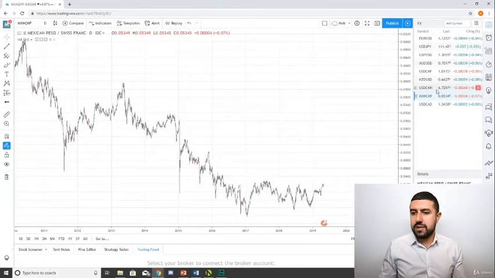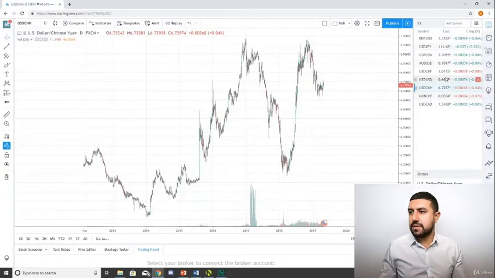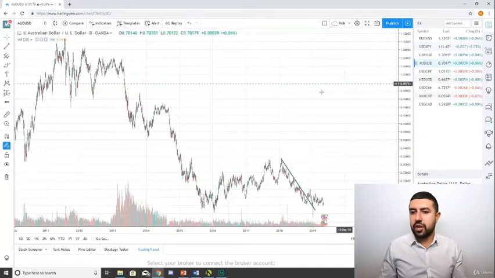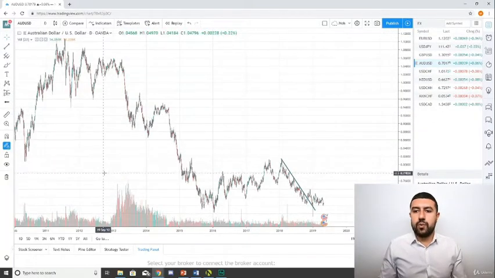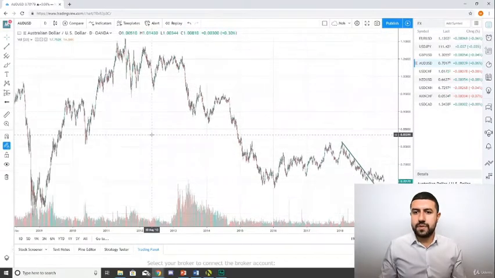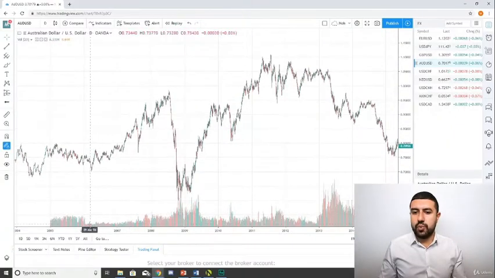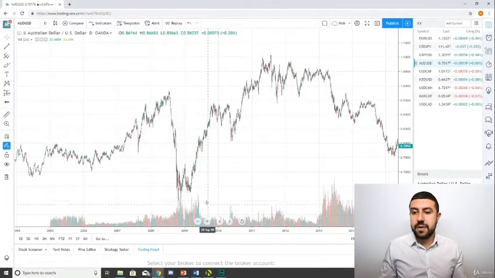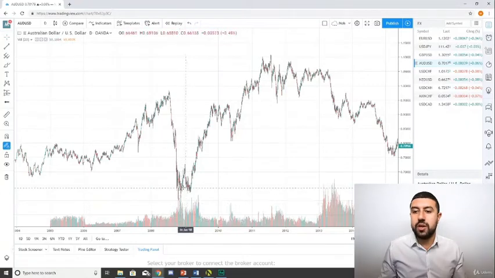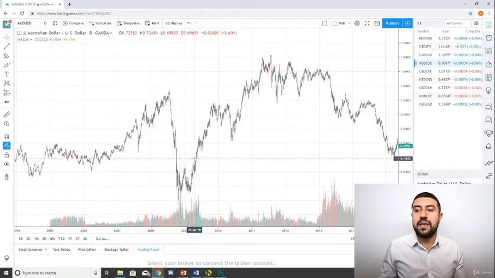So if I look here, let's say I'm looking at Australian dollar here. Okay. So I can see here there's a spike of volume. So volume was pretty low. And then at one point, prices really dropped. And you can see here that volumes really spiked. And then when volume spiked a lot here, we stopped. And then volume really kept on spiking and prices went back up, and then we recovered.